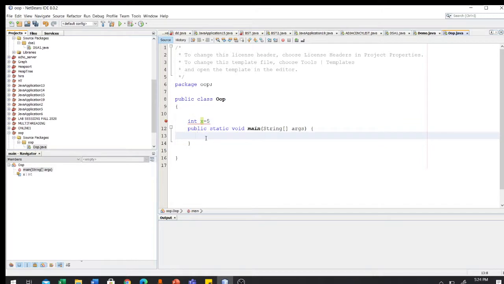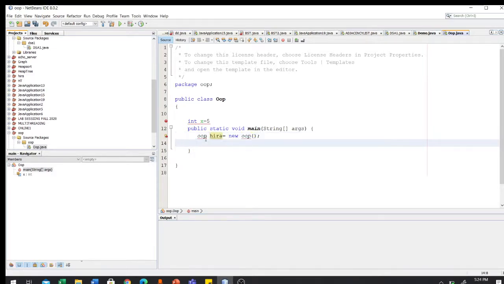Here I am using oop because oop is my class, and my object name, suppose, is hera, equal to. You have to write new for the object creation, and then again write the class name, oop, and then call the function.